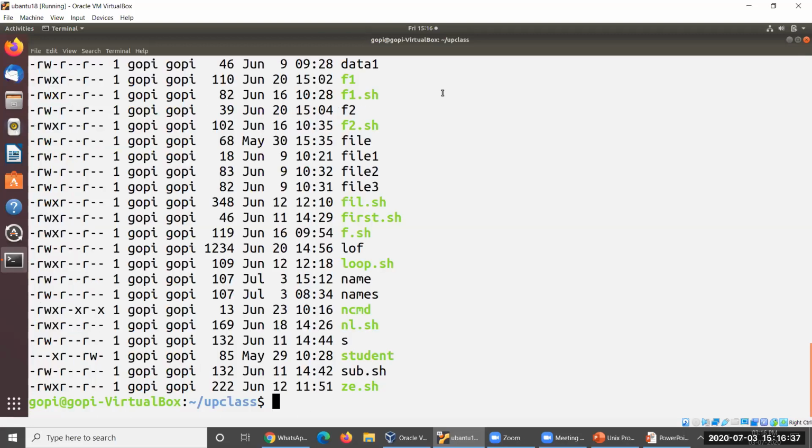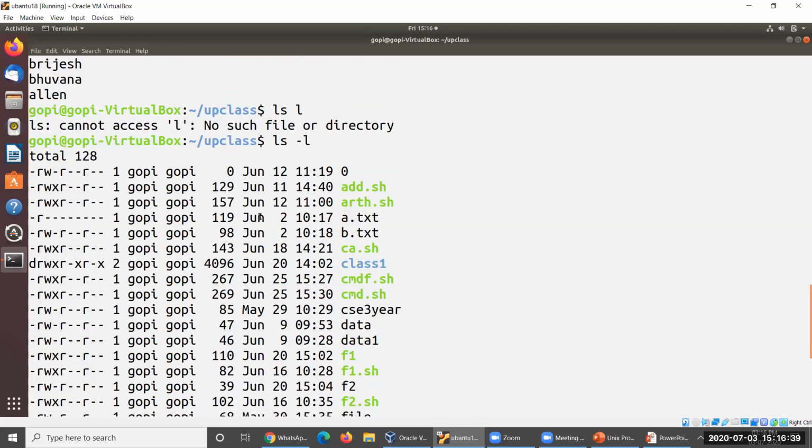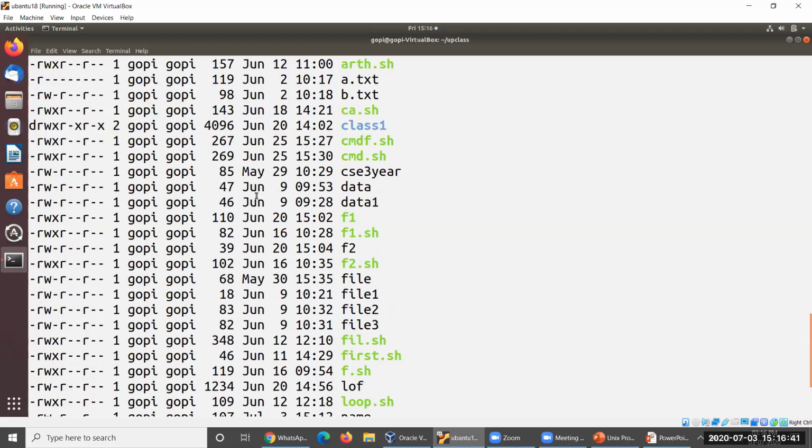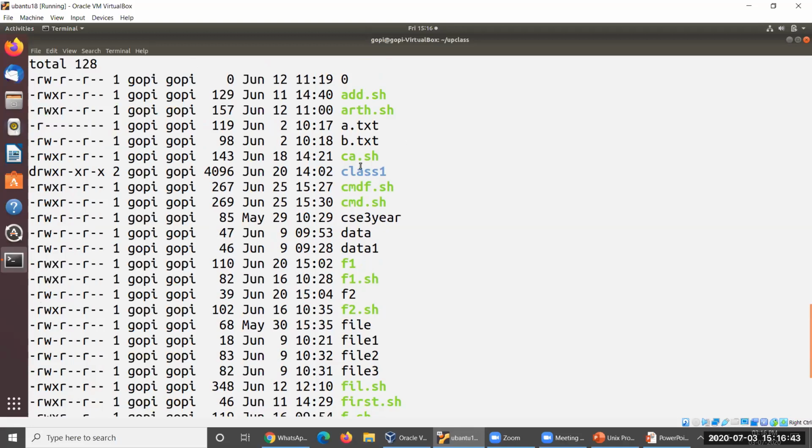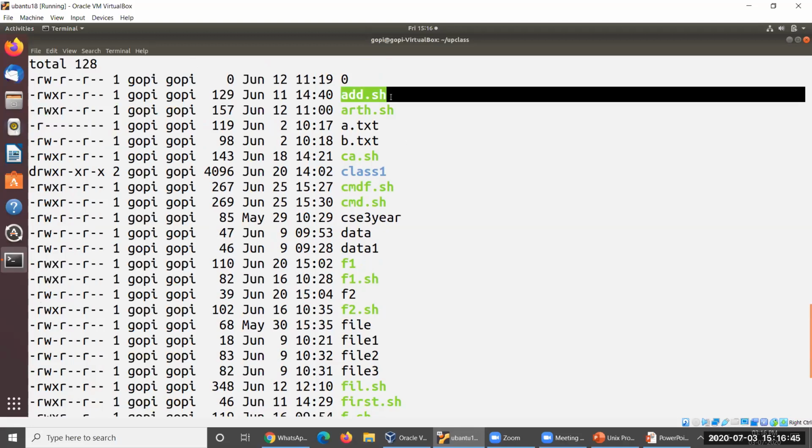ls -l. Sorry. So this is the data. I'd like to display the contents of ls -l in a particular order, by the file names. So you need to identify which is the specific file name field. Here it could be considered as a field, which is being considered as -m.